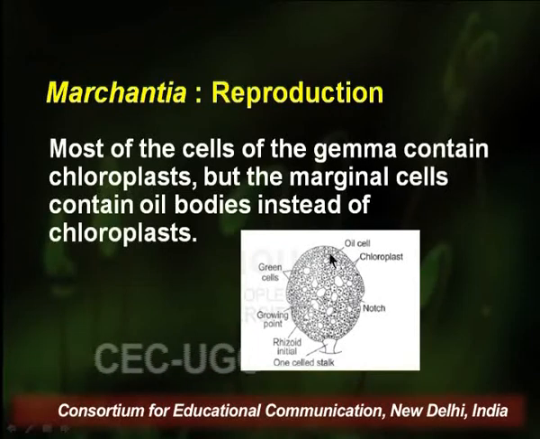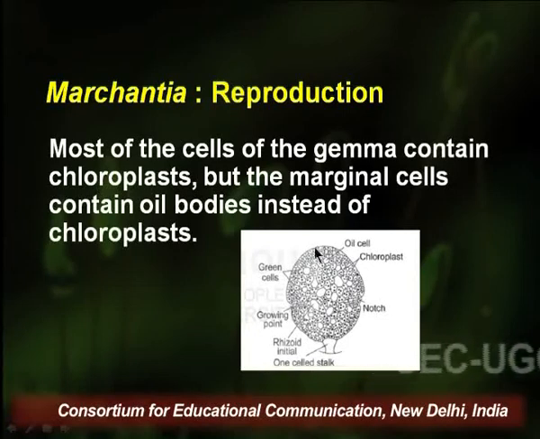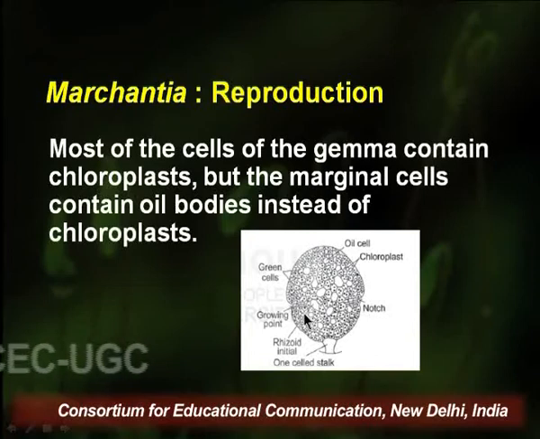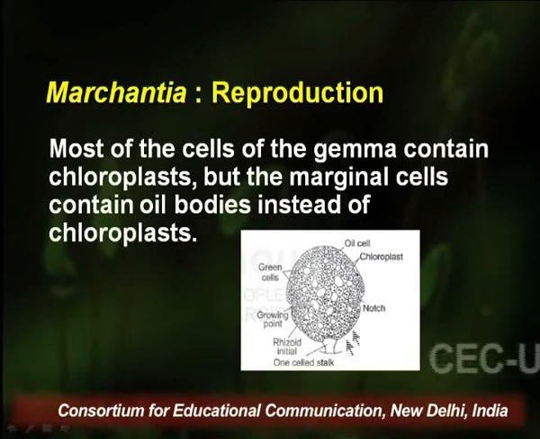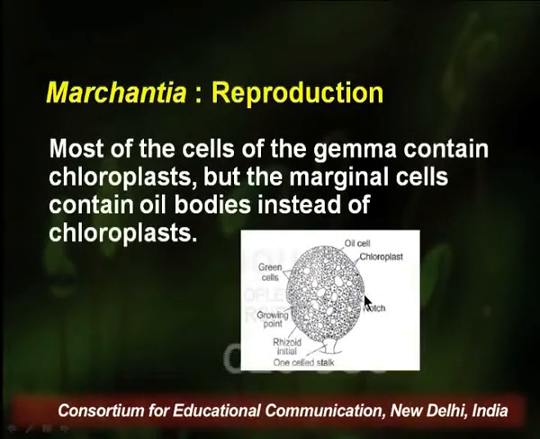Here you can see in this diagram multiple oil bodies on the margins of the gemma. These oil bodies help in the nutrition of the growing thallus. They are the stored food material for the growing thallus, which will come out from two opposite notches of each